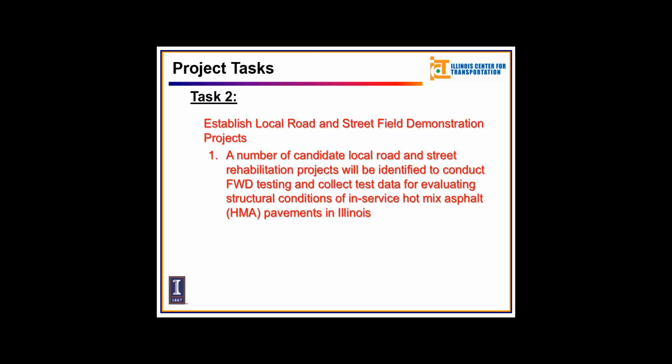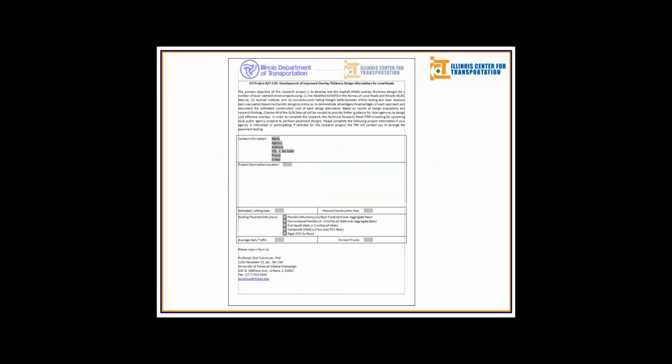So our next task was to establish local road and street demonstration projects where we'll go out and conduct variability testing and use those test data to come up with a mechanistic-empirical approach. So in order to do that, we sent out a survey to the local agencies around us, and based on their responses, we selected a number of local candidate projects, and the criteria that we kept in mind was that